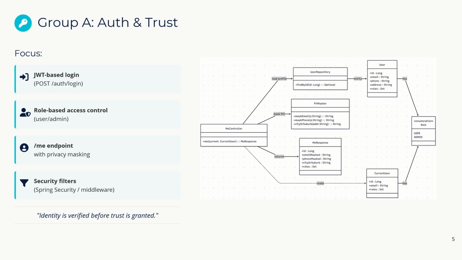Group A: Authentication and Trust. These modules secure how users access our platform. We implemented JWT-based login, so after authentication, the server issues a signed token that represents the user's identity. Every request carries this token for verification, ensuring seamless,